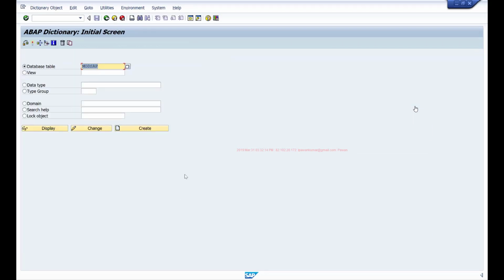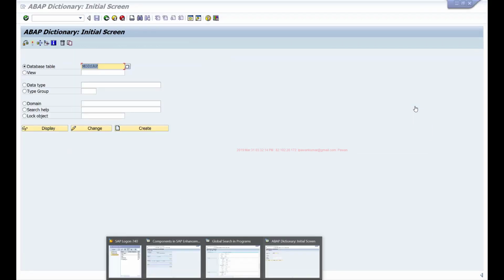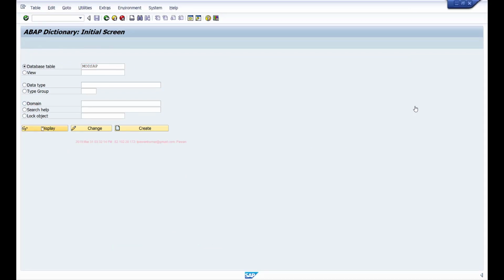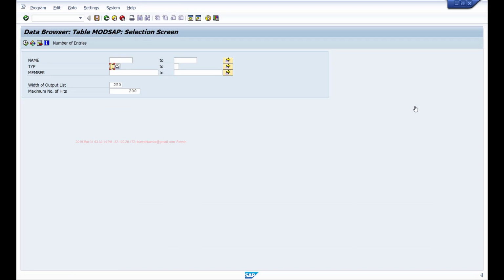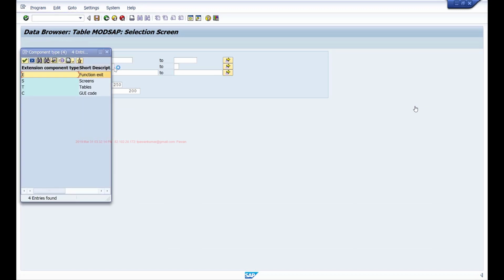This is a function module exit that we have seen. If you look at this table, there is an enhancement type. E is for function exit, S for screen, T for tables, and C for GUI code. This tables type is important to understand. Whenever you are enhancing a screen, let's say you are adding a couple of fields to the screen, then whatever data the user inputs in that field should be saved in the database table, right?